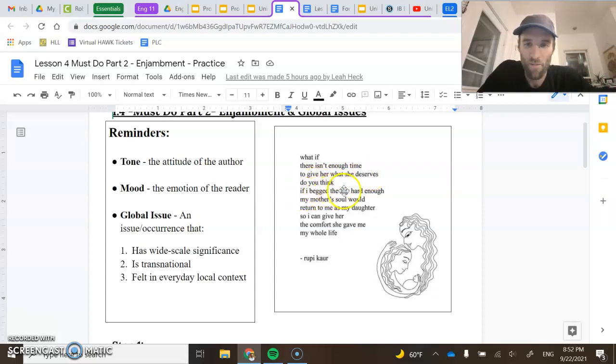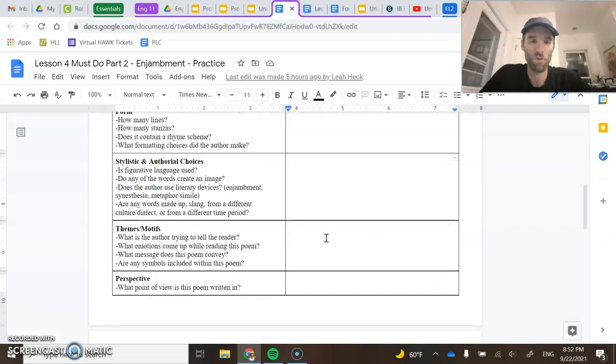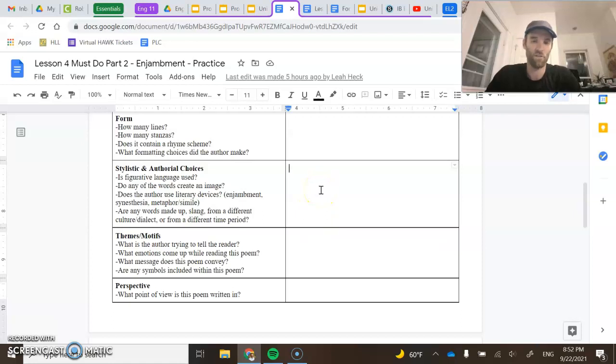Do you think if I beg the sky hard enough, my mother's soul would, see how it takes you to that word, my mother's soul would, there's the enjambment to the next line, return to me as my daughter. Here's another example. So I can give her, enjambment, the comfort she gave me my whole life. So there's a couple of places with enjambment, and what you'll do is, down here, does the author use literary